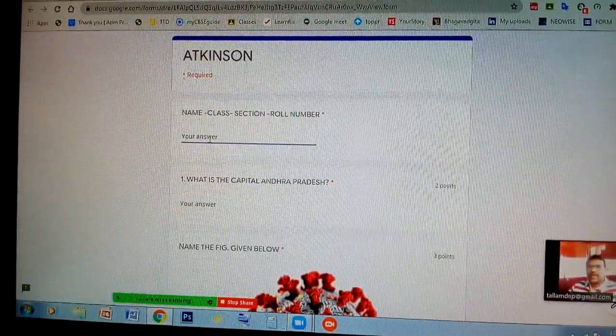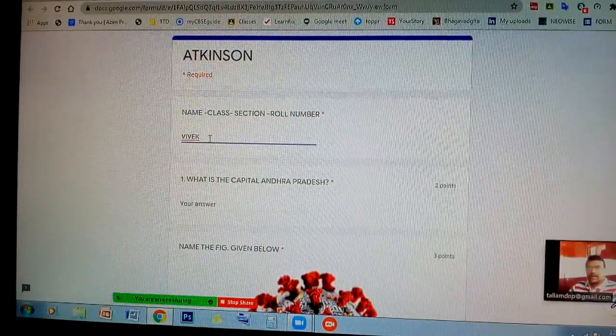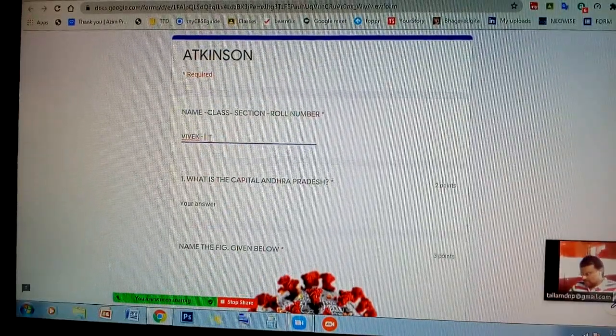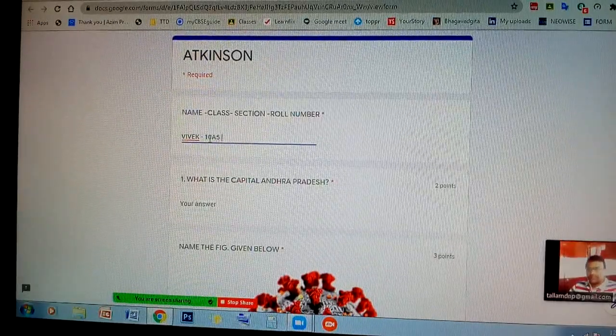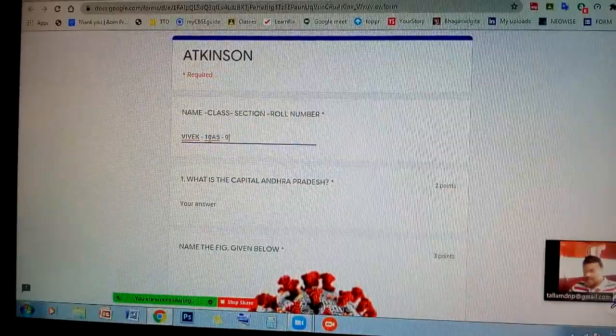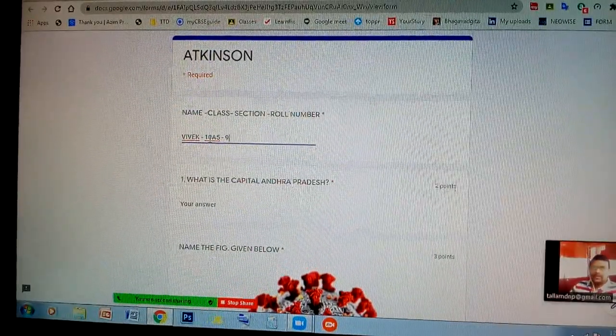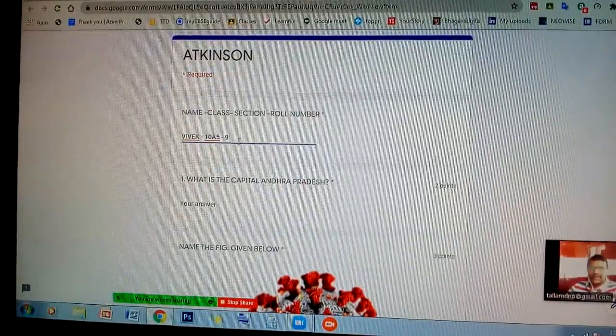Here the student has to type their name, Vivek, 10th standard, A5, number 9. Student data is fed like that.